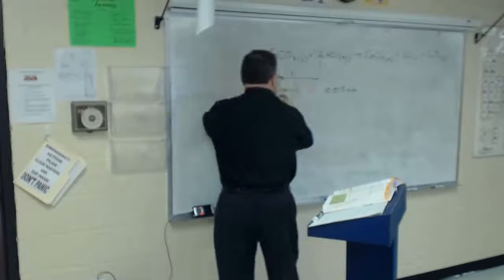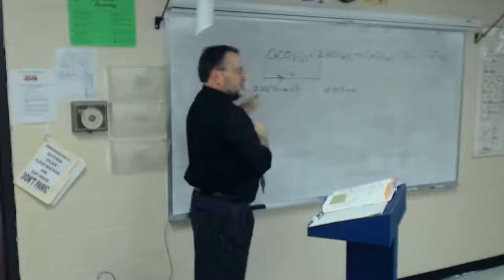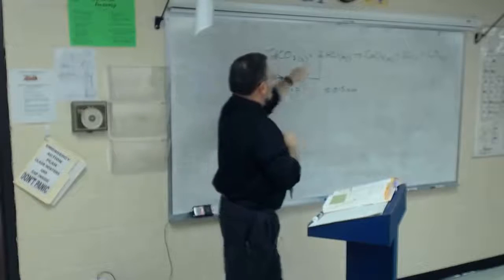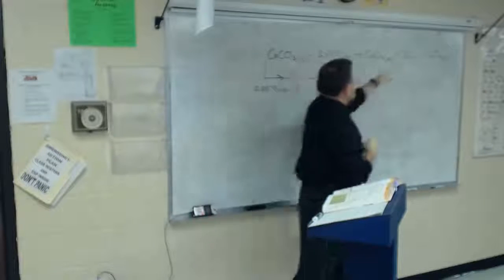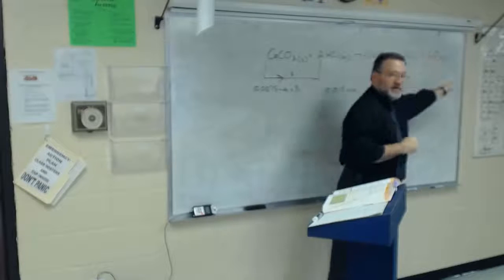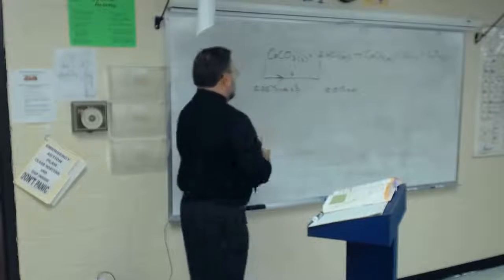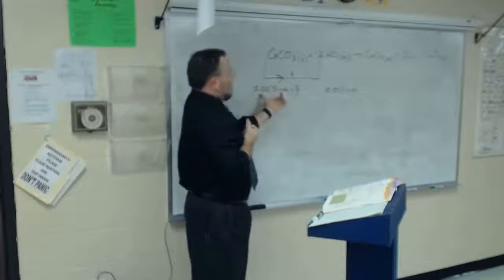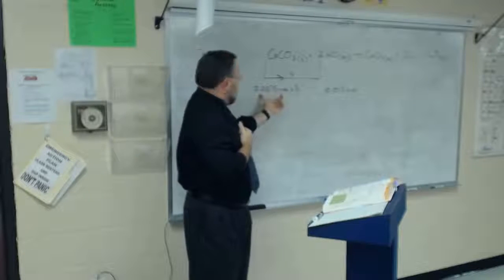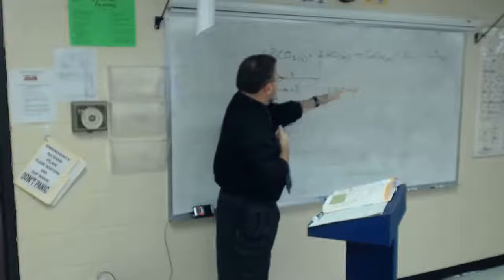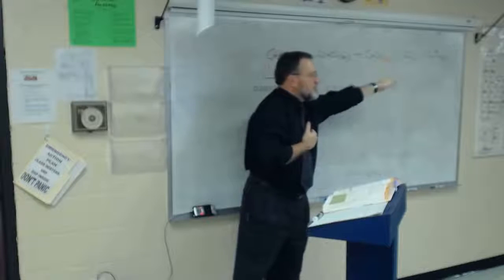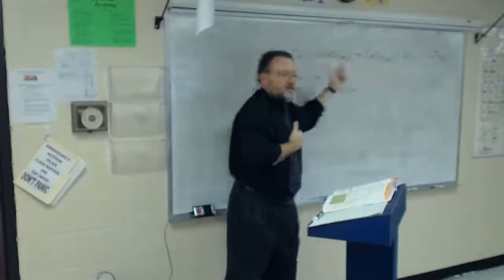So if I have this much, it's going to produce that same amount. 1 to 1. So, if 0.0075 moles is used in this reaction, then 0.0075 moles of each one of those is produced. Why? They're related to this reactant in a